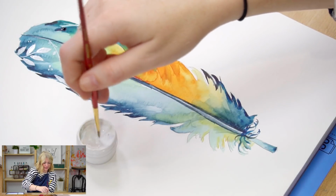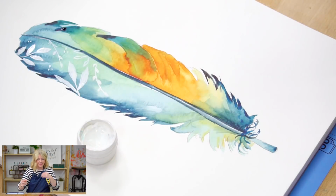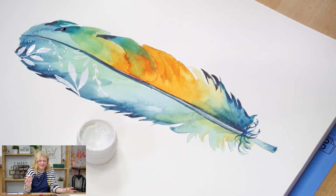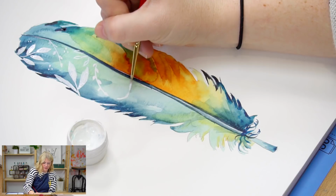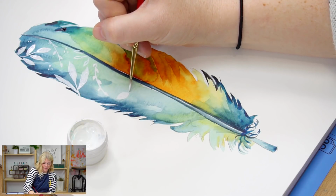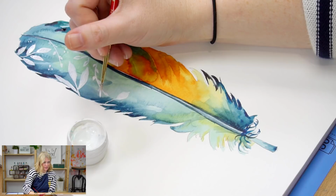Okay, and a quick little thing on leaves if you've never painted a leaf before. Sorry, I realized that this could be your very first project with us. If it is, welcome. To do leaves, what I like to do is outline them first and then fill them in. I try to have my leaves have a thick middle and then narrow at the top and the bottom. If your leaves are looking...